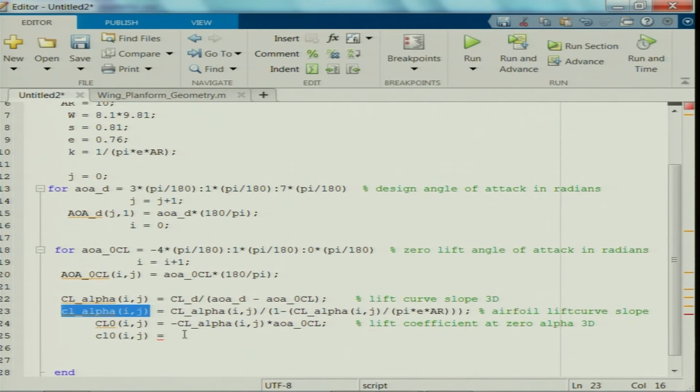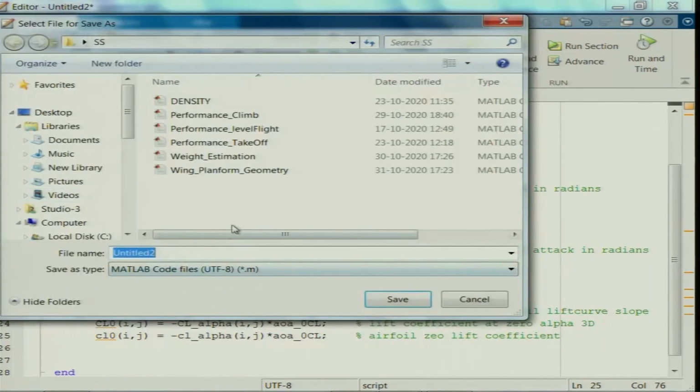The second depends upon CL alpha 2D times the same angle of attack, right, because we considered that as a decent assumption. At zero lift, there is no induced angle of attack, that is what we assume. So, it will be more or less the same. So, what we have is the zero lift coefficient for the airfoil. Okay. Right. So, let us make this airfoil underscore, airfoil selection. Okay.